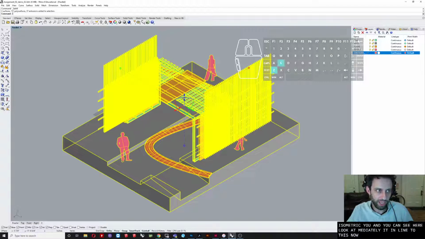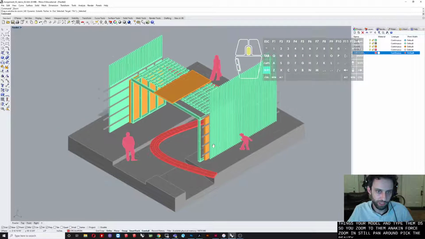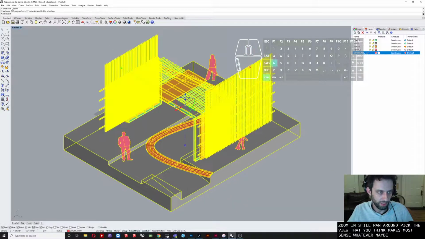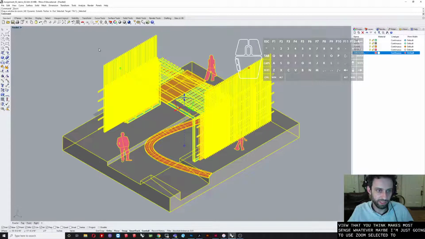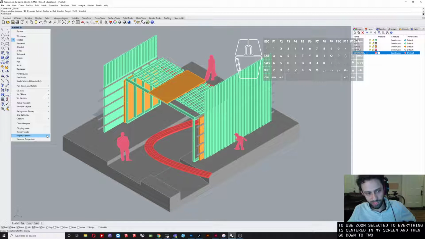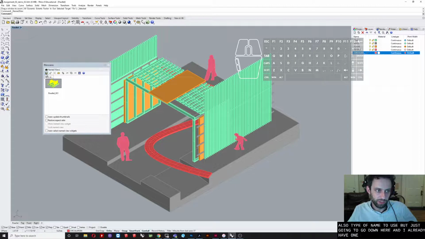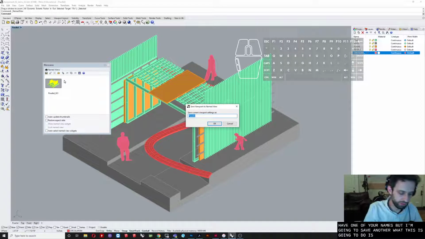Now, you may have to select the objects if you have a bunch more things in your model and type in ZS so that you zoom to them. And you can, of course, zoom in still, pan around, pick the view that you think makes most sense, whatever it may be. I'm just going to use zoom selected so everything is centered in my screen. And then go down to display options. Go to view and down to named views. You can also type in named views, but I'm just going to go down here. And I already have one view named, but I'm going to save another. And what this is going to do is